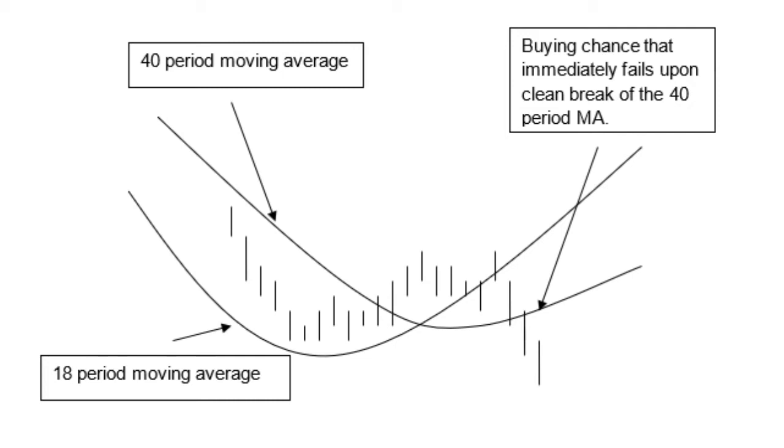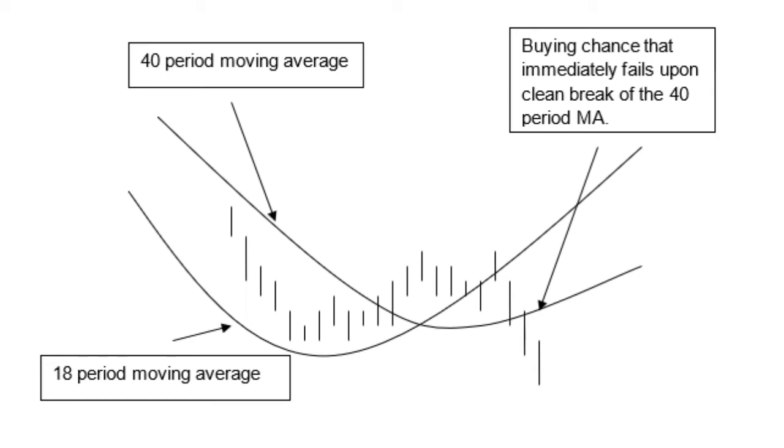But the reality is that I don't like to use them that way. There are times when the bigger picture pattern, like if the higher time frame is very bullish and you get this buy signal, then it's giving you kind of a lower risk, secondary buy signal. But a lot of times what happens is you'll get this move where you come into the zone. And what I mean by that is when you get the crossover where the 18 crosses above the 40, price will come into that zone and then it'll go out of the zone.